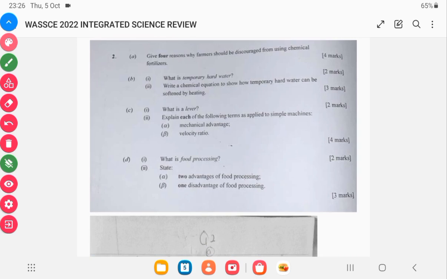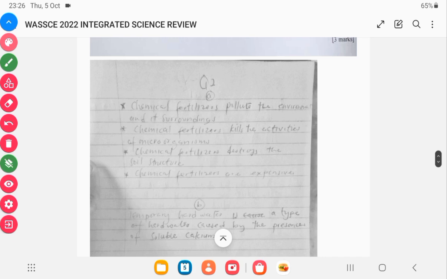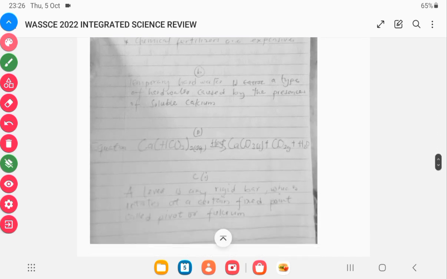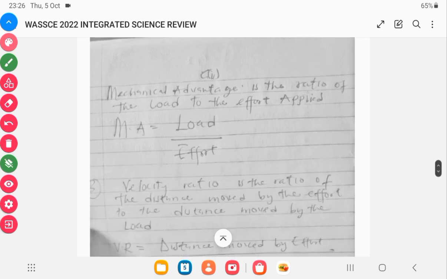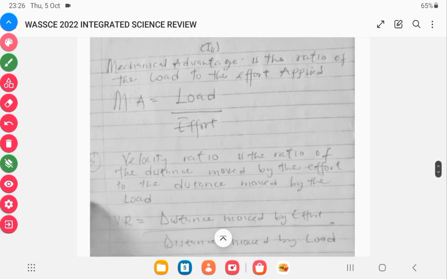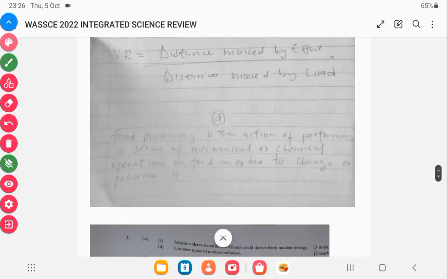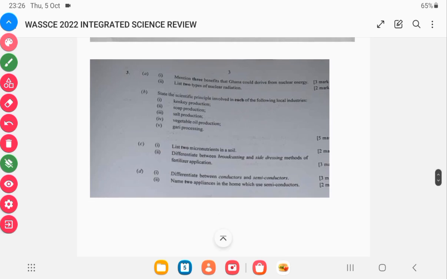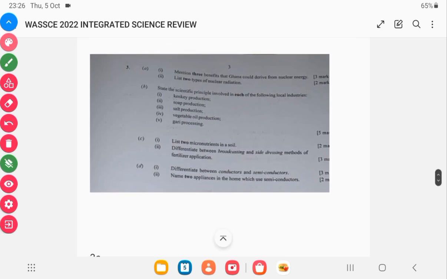Say 4 reasons why farmers should be discouraged from using chemical fertilizers. Okay. Then it went on to talk about hard water, then water levels, and then food processing. Okay, so this is the part where you have the solution to the mechanical advantage, velocity ratio and the formula, food processing as well. Then question 3 had to do with nuclear energy, then scientific principle of certain local industries,